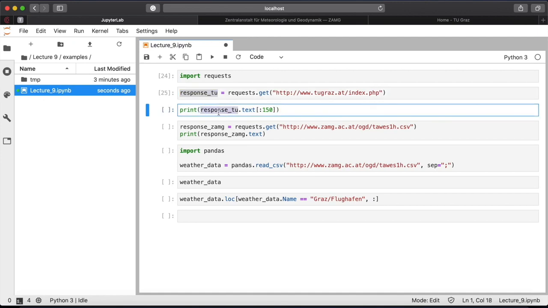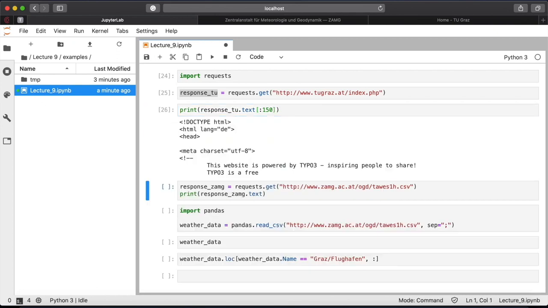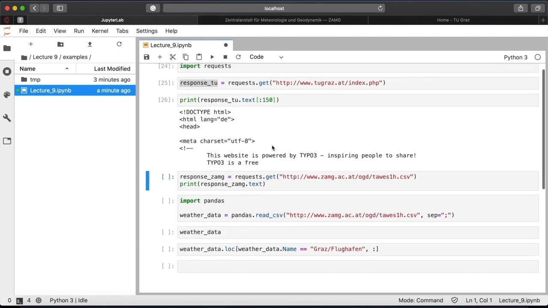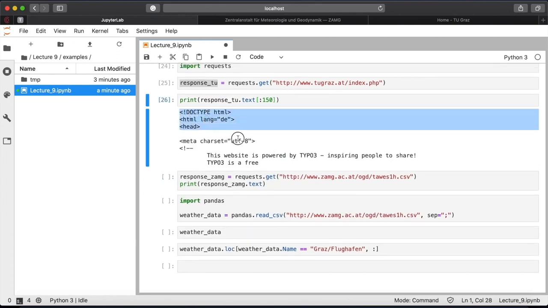And then we can print out, for example, the result of the GET request. We do so by accessing the text property of the returned object, and we just print out the first 150 characters of this response. And if we execute this, you see here that the response is such